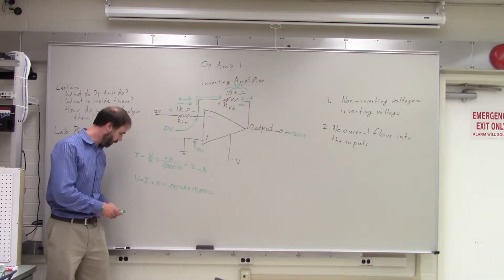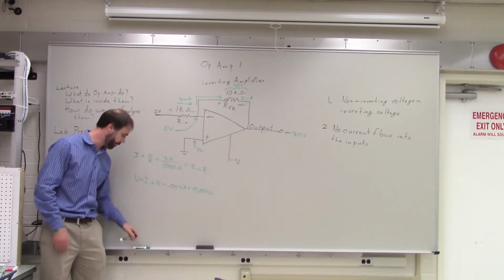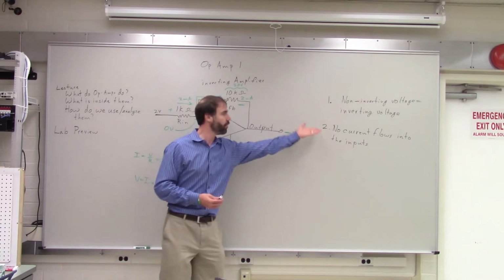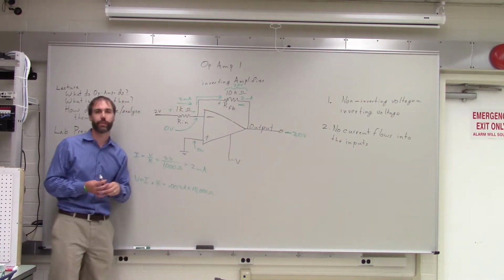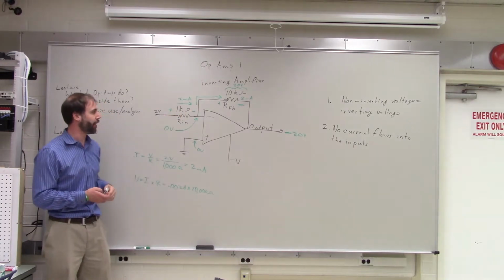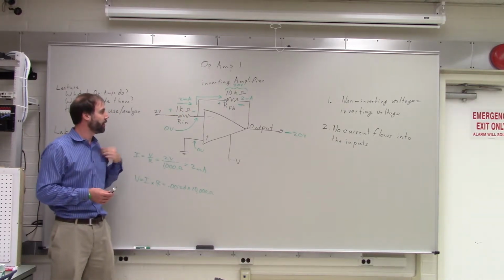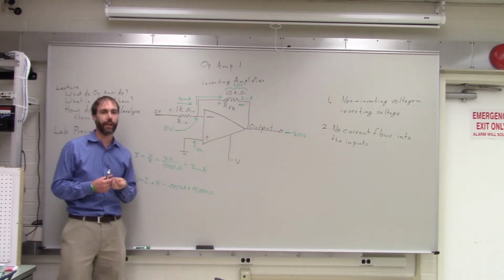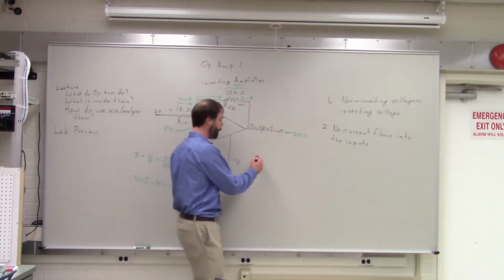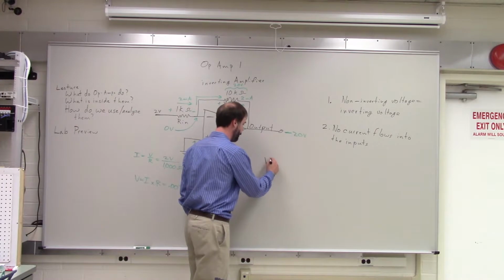So we also have a shortcut that works with inverting amplifiers. Remember, these two rules will work with any type of circuit that you have. But if you know that it's an inverting amplifier, you can use a shortcut to get the answer a little bit quicker. Okay? So with inverting amplifiers, we say V out